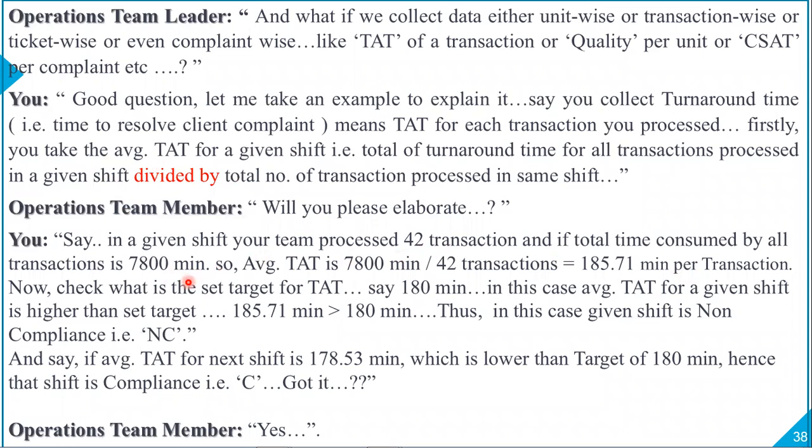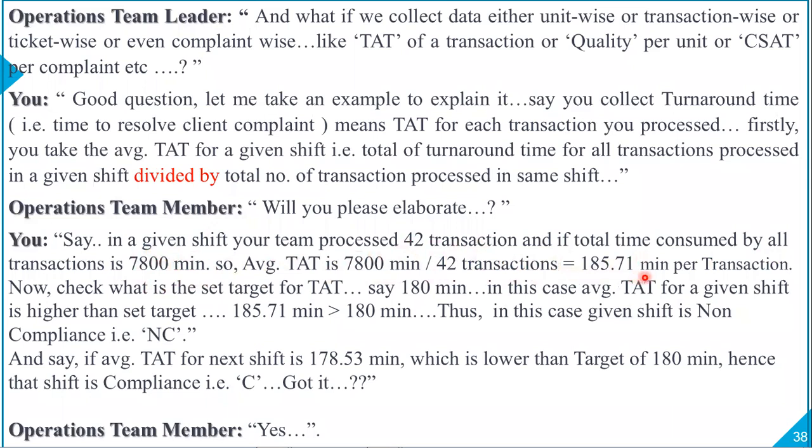What if in that shift 20 individuals are working? What if in that shift 15 individuals are working, right? So you have more than 7,000 minutes available, right? So let me repeat. Say in a given shift, your team processed 42 transactions, and the total time consumed by all transactions is 7,800 minutes. So the average is 7,800 minutes divided by 42 transactions, which is